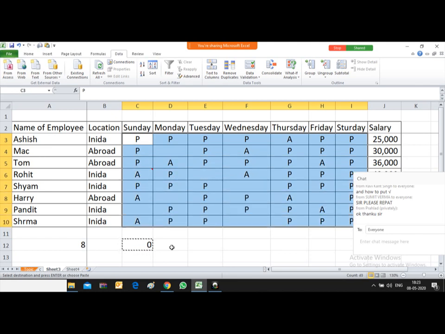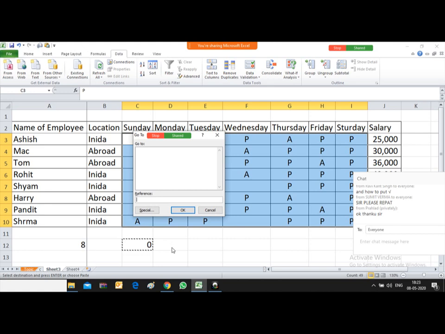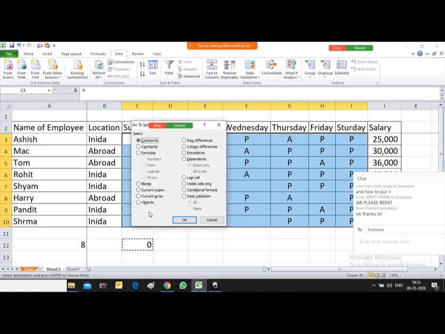Then I use Go To by pressing Control G. After pressing Control G, this dialog box appears. Click Special, and you will find the blank option.